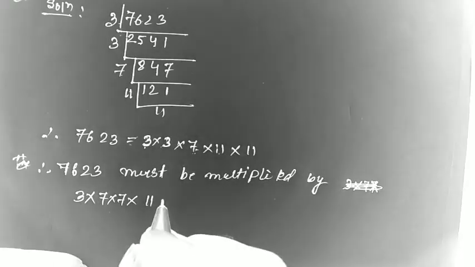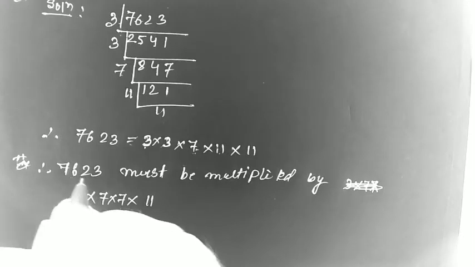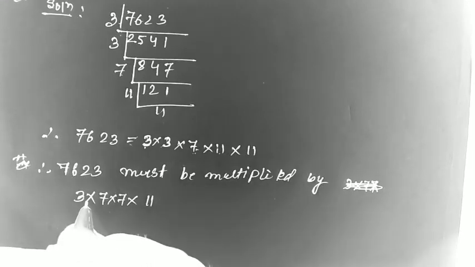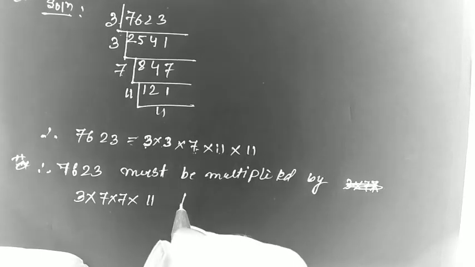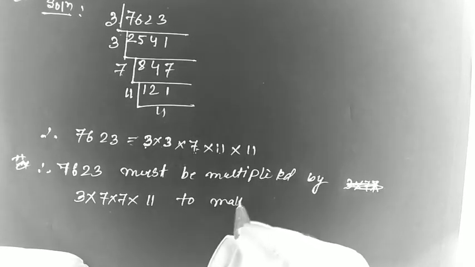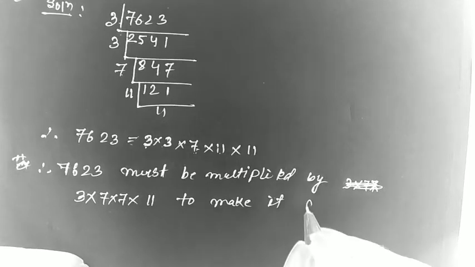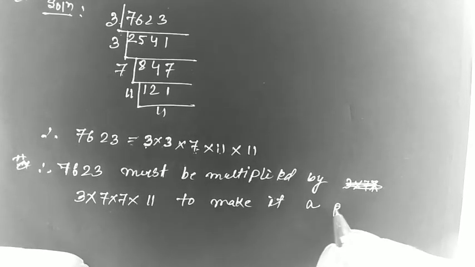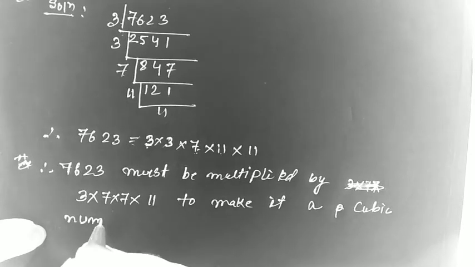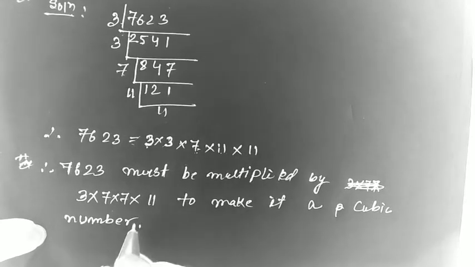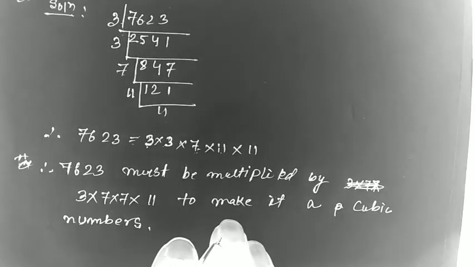Therefore, 7623 must be multiplied by 3 into 7 into 7 into 11 to make it a cubic number. So these 2 questions were very easy. Let's go to the next question, which is quite